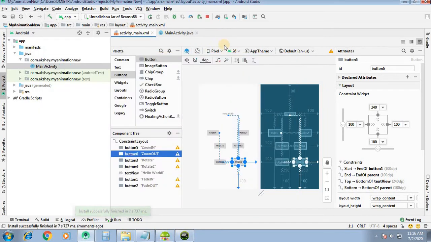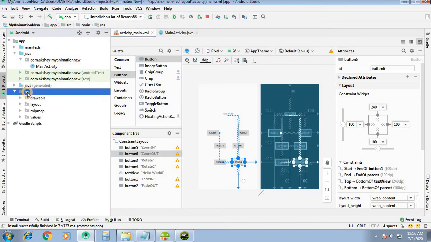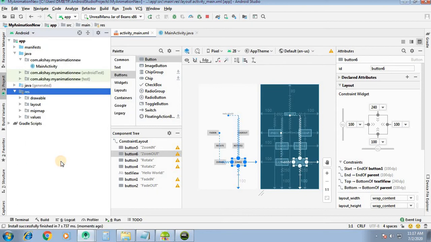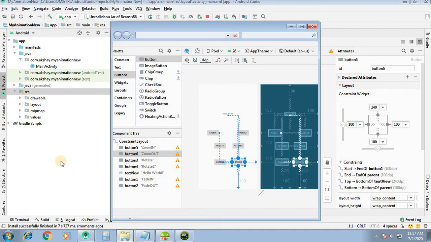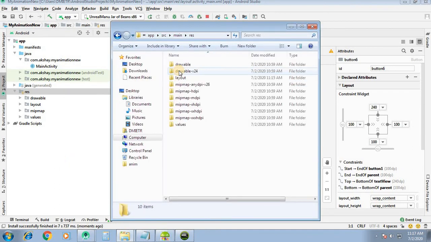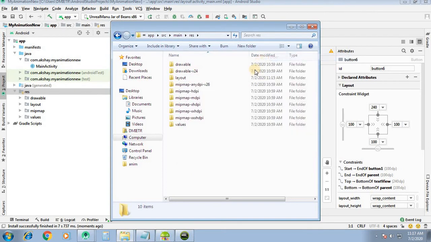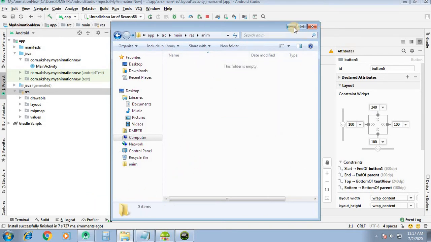Now let us add the animation file in the res folder. So go to res, show in explorer. In res we have to create a new directory called anim, and we have to save the animation files here, the XML files.